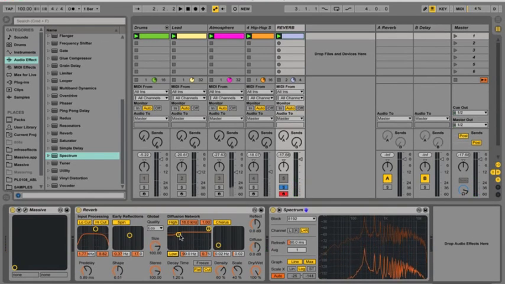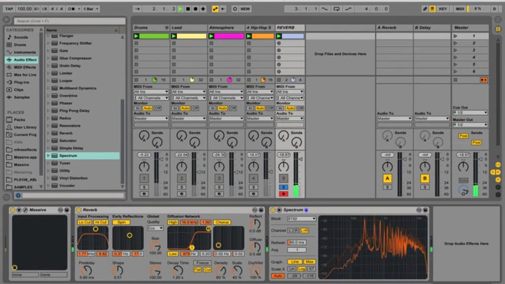And the low here just basically does the opposite. It'll be cutting out the low end reverb. So basically this is just thinning out the sound. So the further up we get,